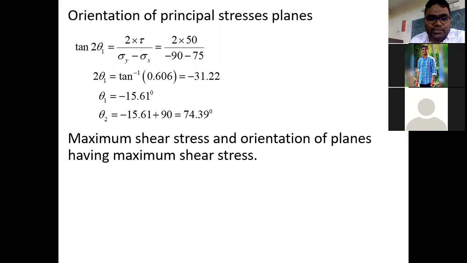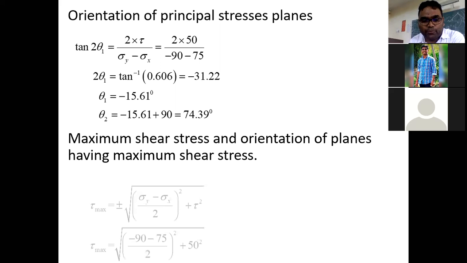So how to calculate sigma 2? Just add 90 degree to theta 1, you will get sigma 2. I did the same here. Okay, यहाँ तक कोई प्रॉब्लम नहीं है. I think if you have remembered this formula, then please I request you all to write these formulas in front of your study table, so each and every day if you see that, one day it will be printed in your mind and it will help you a lot, because in the coming chapters we will use these formulas again and again. Okay, so this is a very important formula for the principal stress.